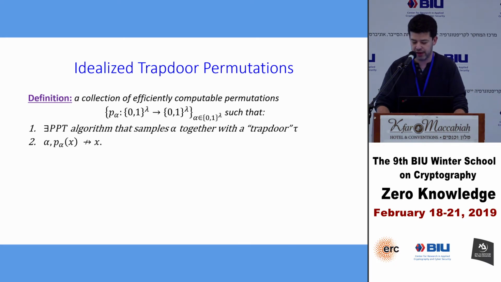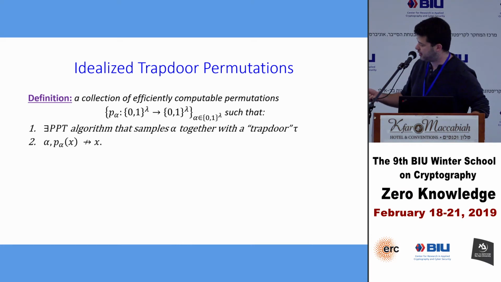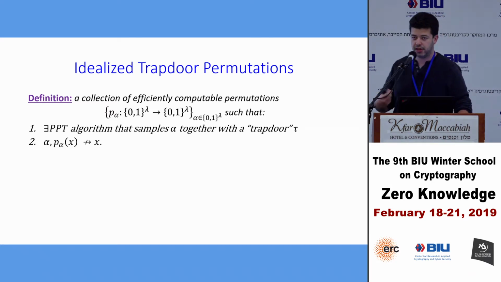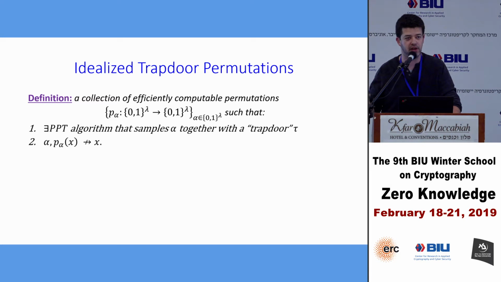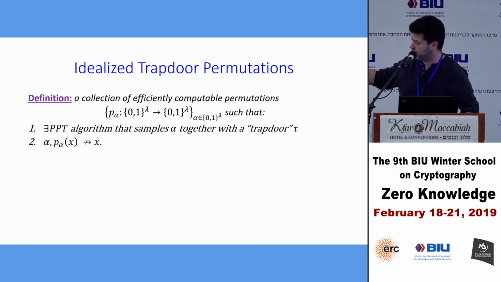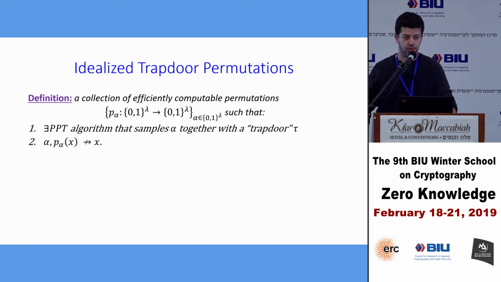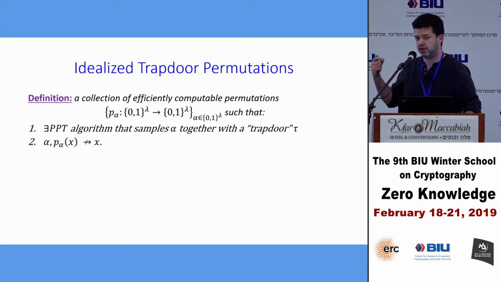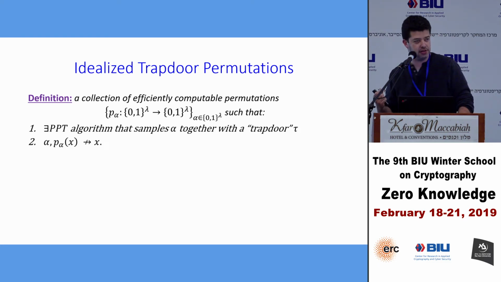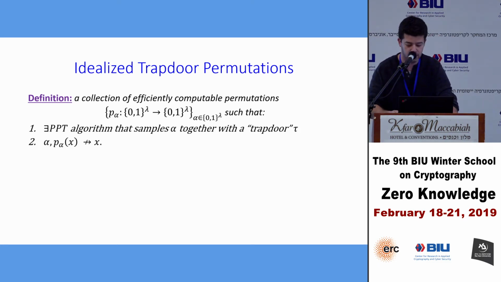But before that, the security requirement of trapdoor permutations, to be succinct about it, simply says that if I choose alpha at random, choose x at random, give you alpha, and give you p sub alpha of x, it's going to be computationally difficult for you to recover x. Even though notice that x was fully determined, right? We said that p sub alpha is a permutation, its inverse is defined, so x is information theoretically determined, but it's hard for you to find x, given alpha and p sub alpha.